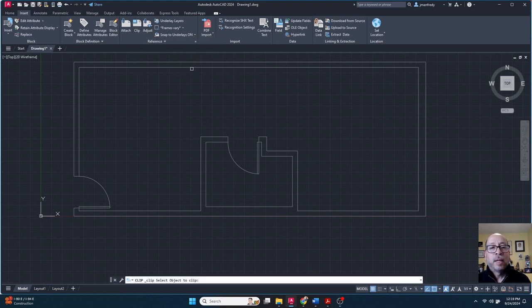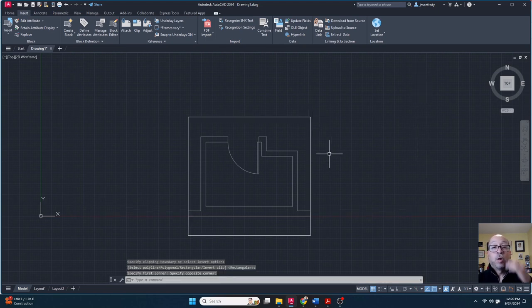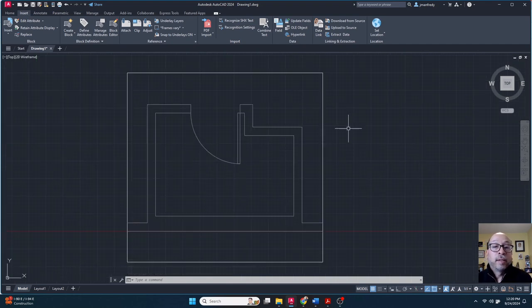I'll click on the XREF, and then I'll draw a rectangle. Here it says new, hit enter, and I will draw a rectangle around. Let's see, it's going to choose a rectangle, hit enter, and then it says specify first corner. I'm going to draw a rectangle around this area. Click there. So basically, it's hiding the rest of the drawing and cropping it off, similar to a viewport in